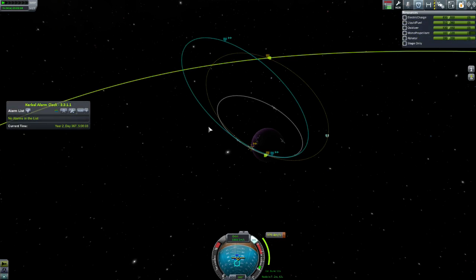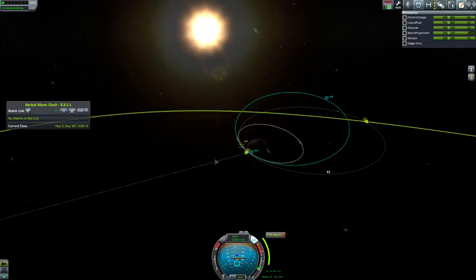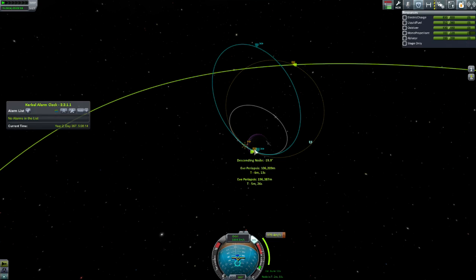And you can see here I've got a maneuver set up. This is my orbit now, that's what it's going to be later. It's going to cost me a fair bit of delta V, but the reason I'm doing this rather than a plane change, which would normally look something like...